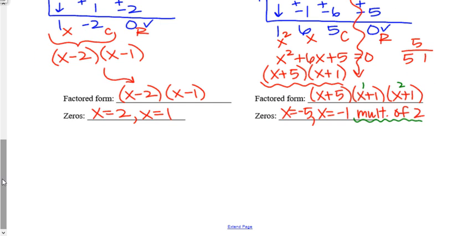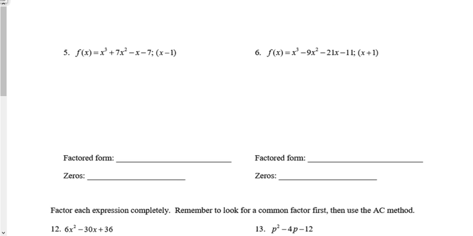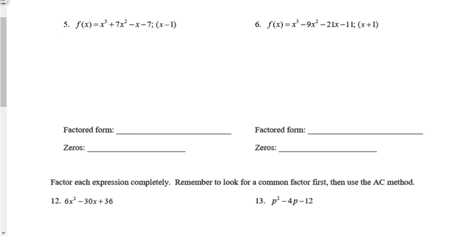Alright, I think that's it for that page. Let's go to the back. Same thing here. I'll bring this cubic down to a quadratic first. X minus 1 equals 0. When I solve that, I get x equals positive 1. So when I put 1 up here,